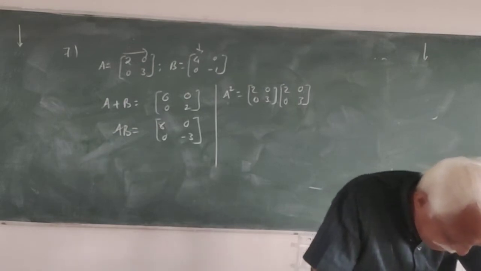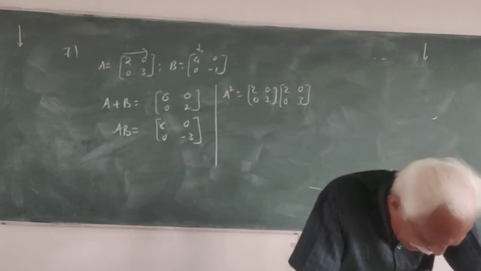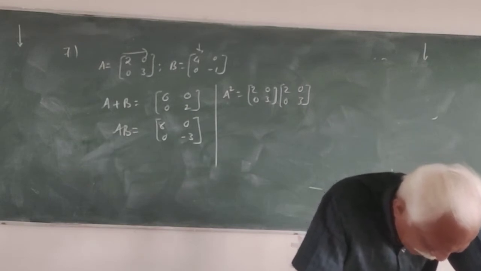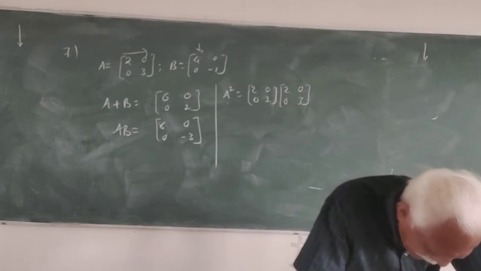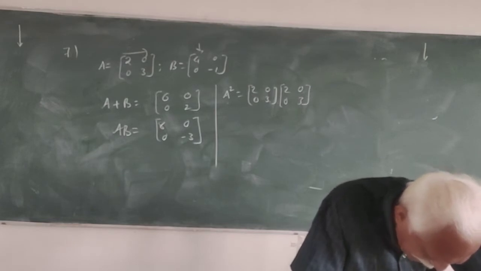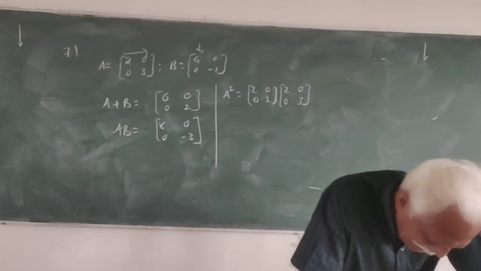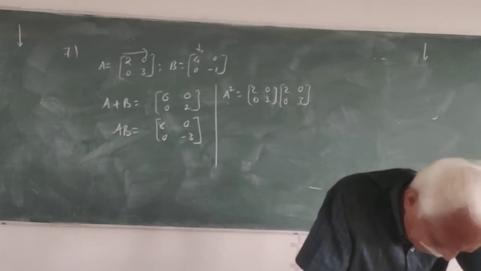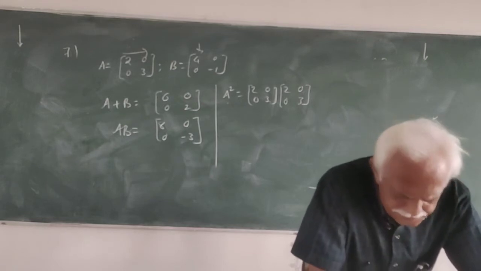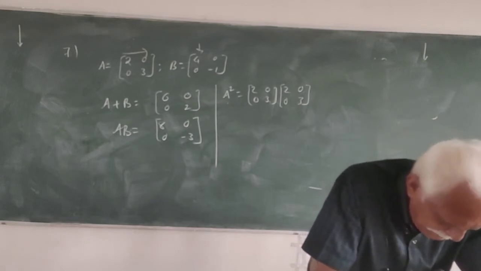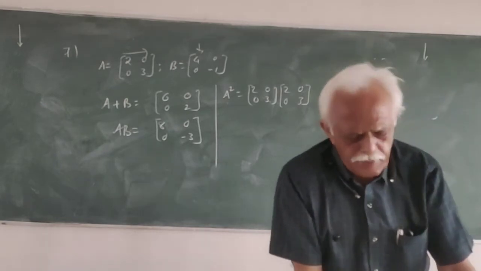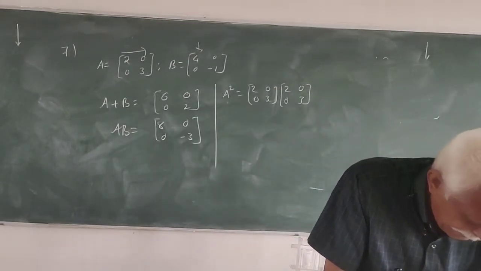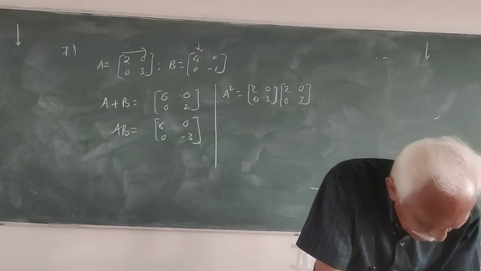Next, bit number 8 on the concept bit only. If AB is equal to AC, then is B equal to C? B need not be equal to C. AB is equal to AC means A is a common matrix. So what will be AB minus AC? It will be B equal to